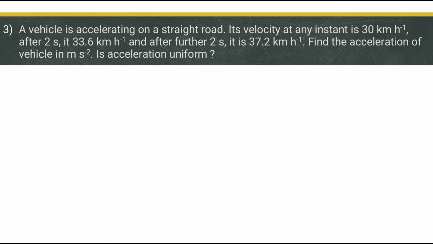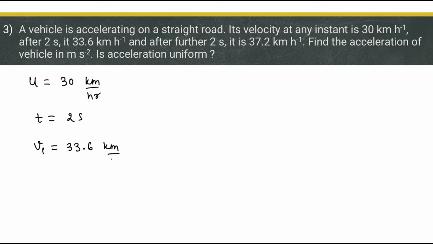Third numerical. A vehicle is accelerating on a straight road. Its velocity at any instant is 30 kilometers per hour. So first velocity is given 30 kilometers per hour. Let us say u is equal to 30 kilometers per hour. After 2 seconds, it is 33.6 kilometers per hour. Okay, so time is given 2 seconds, and at the end of 2 seconds, the velocity value is given 33.6 kilometers per hour. So let us label that velocity as v1,